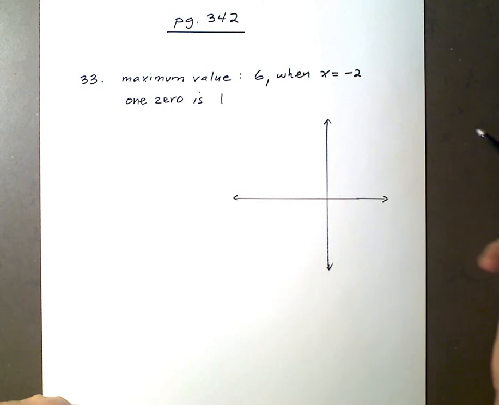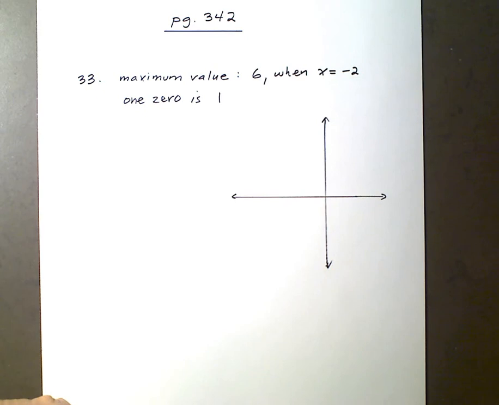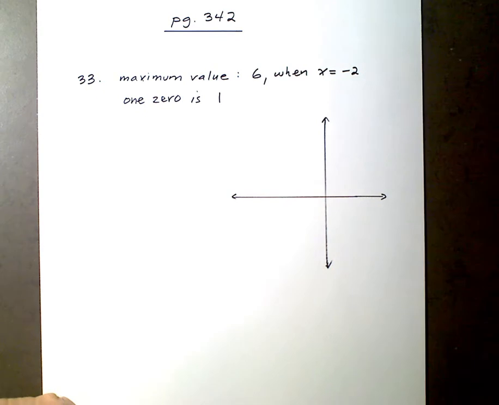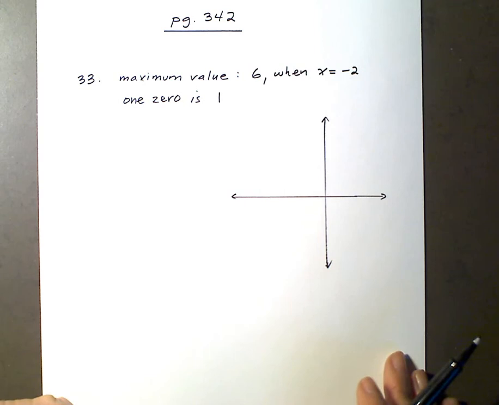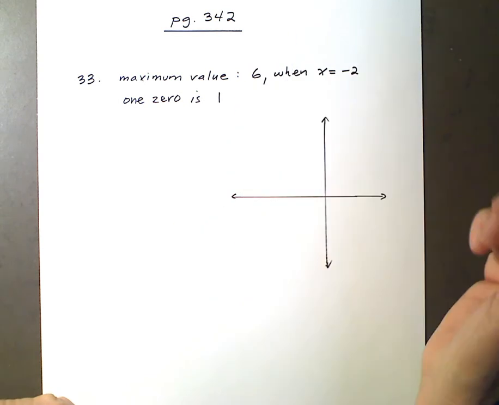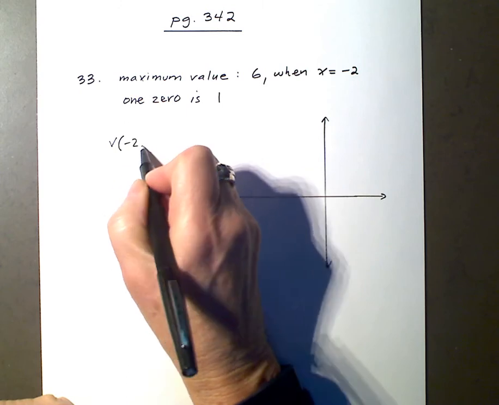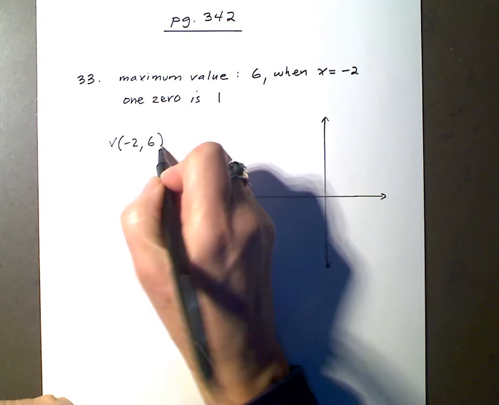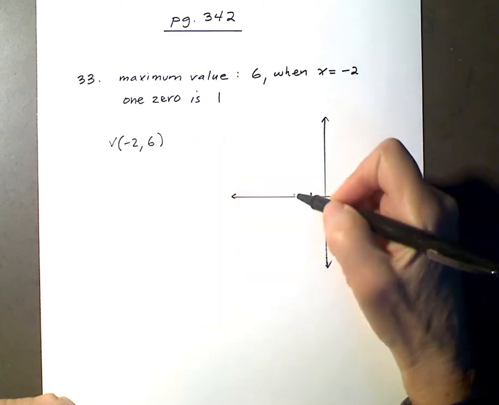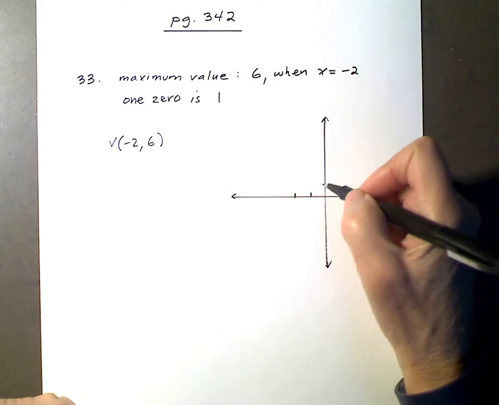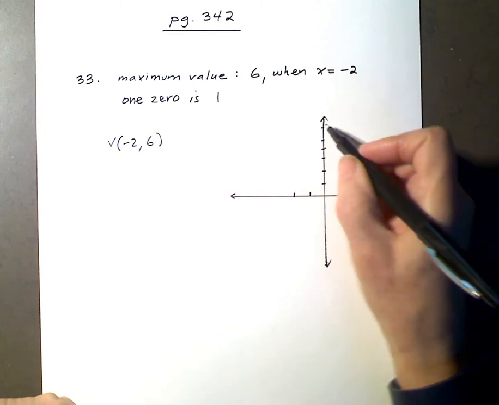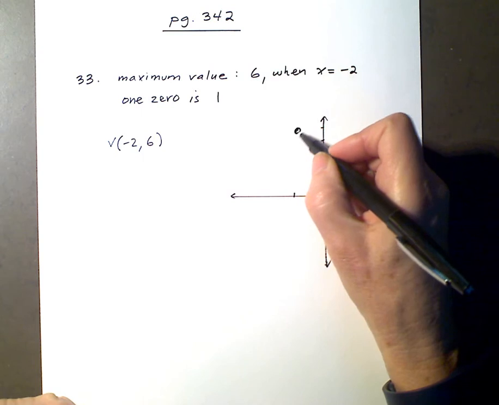So just by making a little working sketch, there's a lot of information we can get by plotting those points and taking a look, and then we'll write the equation. The maximum value of 6 when x is negative 2 is just a way of telling me that the vertex is at (-2, 6). So counting 1, 2, 3, 4, 5, 6, my vertex is up here,